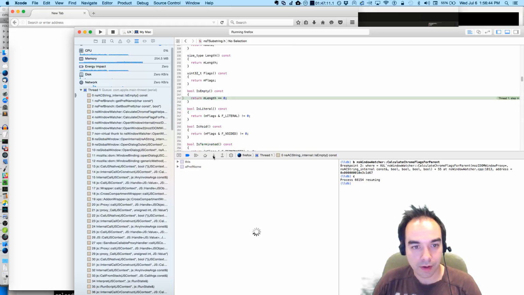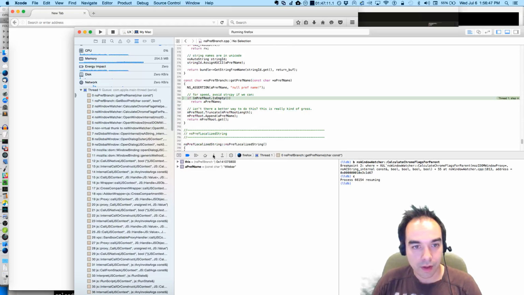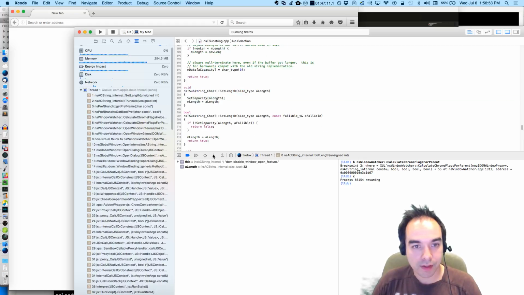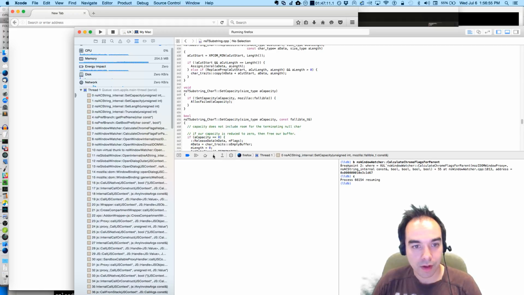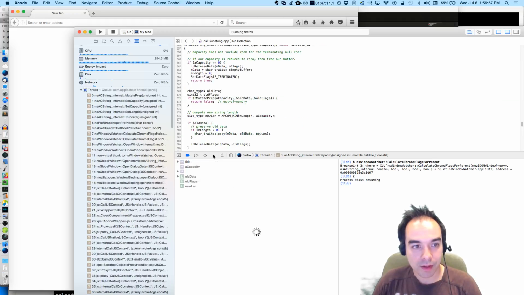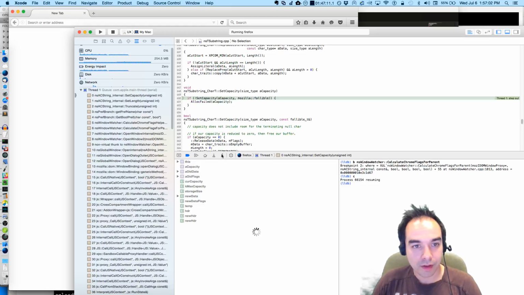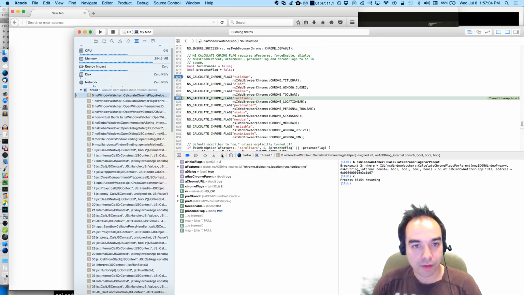What's happening here? I thought maybe we'd get inside the macro. Seriously, we're not going to get inside the macro.